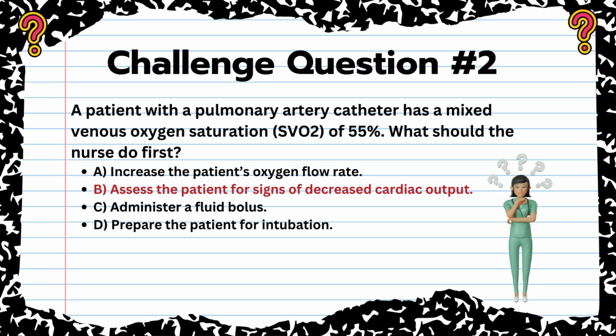Why is A wrong? Increase the patient's oxygen flow rate. While increasing that might seem like a logical step, it's not going to address the underlying issue of decreased cardiac output. C is wrong because though you might need to actually give fluids, the assessment should be done first to determine if the fluid volume is actually the issue. Okay. And then D,